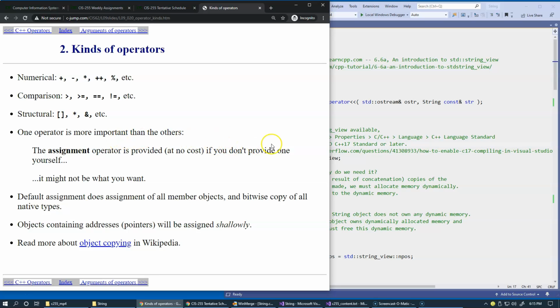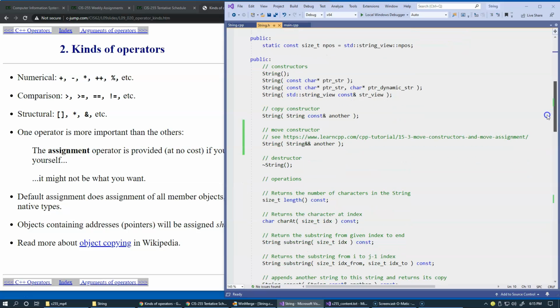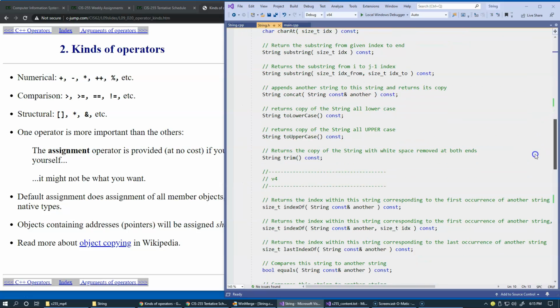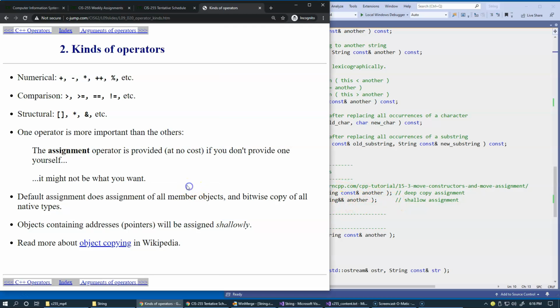So one operator that we definitely discovered that we have a need for in our application of string class was the one that we just finished discussing a little bit in our previous video, the assignment operator. And we've discovered that there are two versions of assignment that can be used in your class. So the assignment operator by default is provided at no cost, and what it does is just a bit by bit copy of one object to another object, but sometimes it's not what you need, and the reason for that